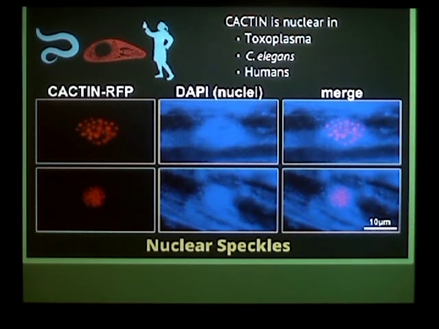An interesting thing about this is not only is cactin nuclear in these other eukaryotic species, but it also forms speckles in at least C. elegans and in humans. In Toxoplasma, their microscopy wasn't zoomed in enough to tell one way or the other. So it looks like this localization of cactin to the nucleus, and sometimes as speckles in the nucleus, is also conserved throughout eukaryotes. There are lots of different types of proteins that can form speckles in the nucleus,